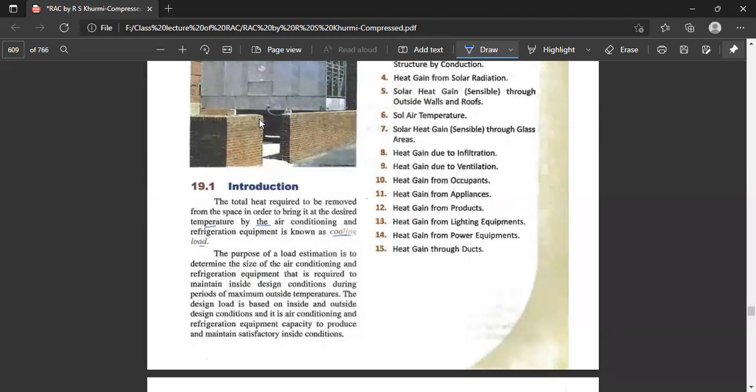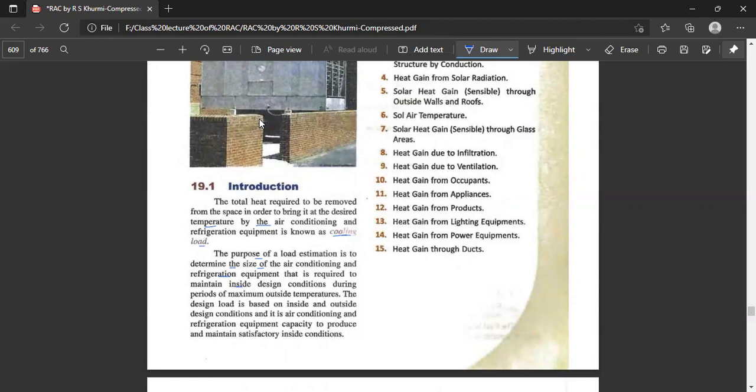The purpose of the cooling load estimation is to determine the size of the air conditioning and refrigeration equipment that is required to maintain the inside design condition during the period of maximum outside temperature. So we have to understand what the maximum temperature can be. Next, we have to find out the size of the air conditioning and refrigeration system to maintain the desired